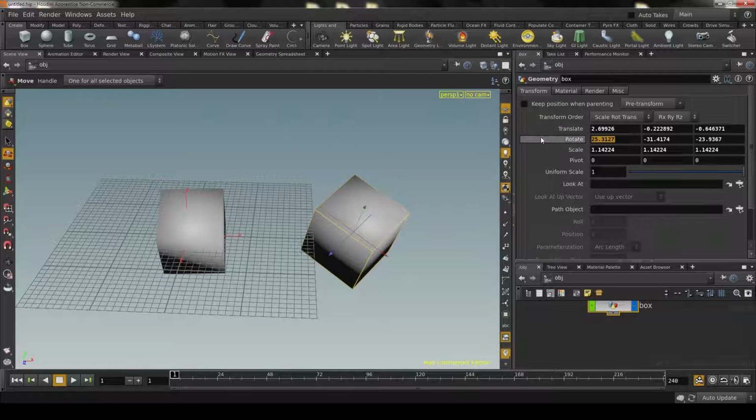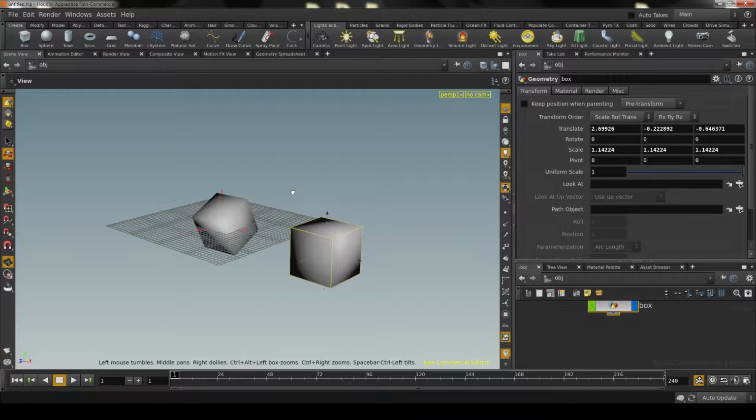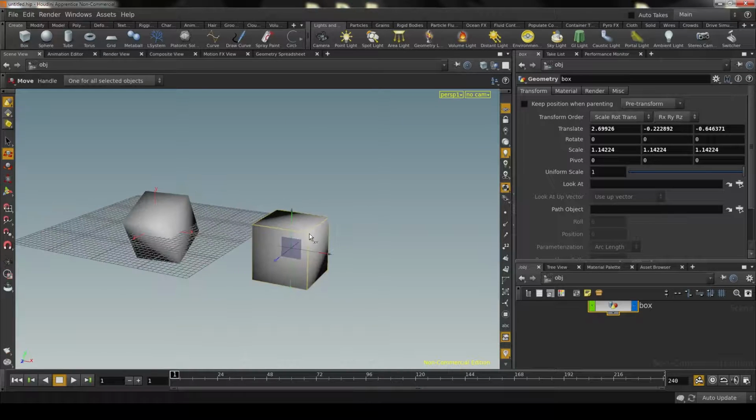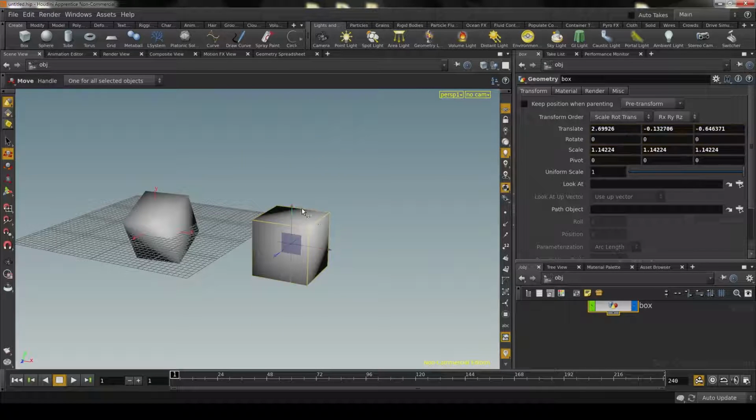First of all, I'm going to just quickly reset the rotation value to 0, just so that it'll be a little easier to do the animations here. Okay, now with this box selected, I'm going to do something called setting a keyframe. If I want to animate this cube moving up and down along the y-axis, I'm going to have to set a keyframe in one position,